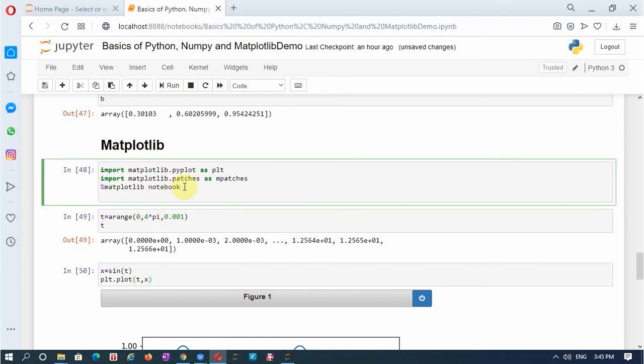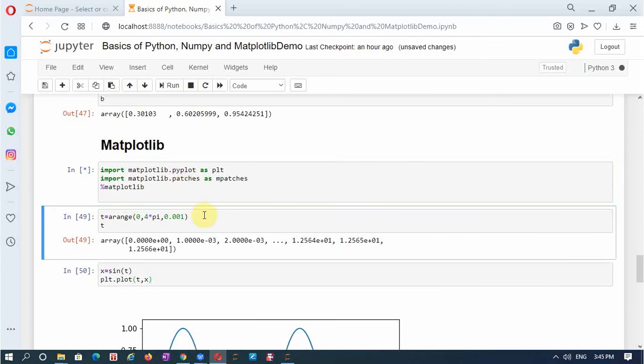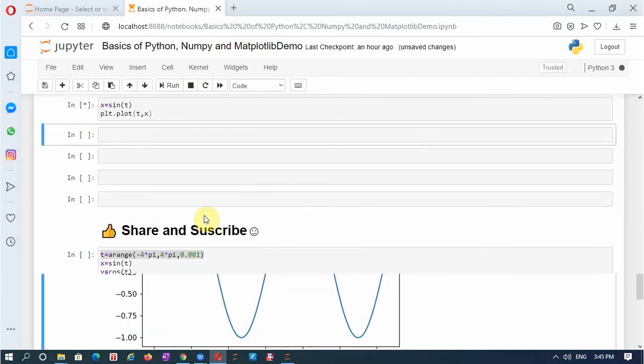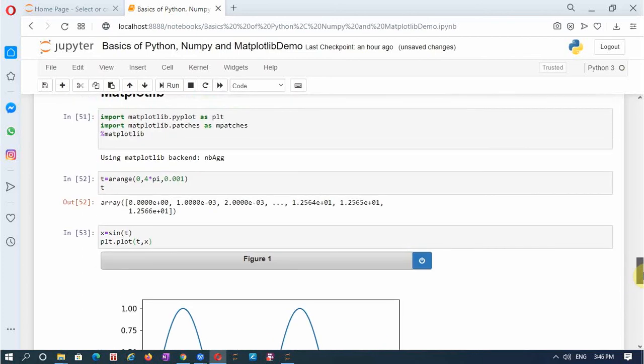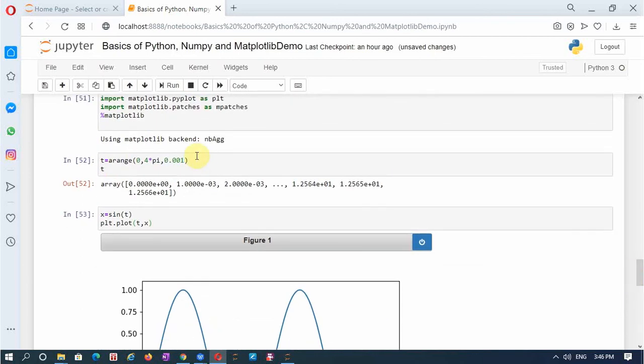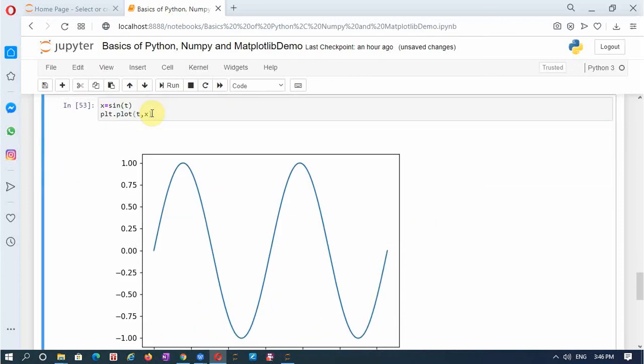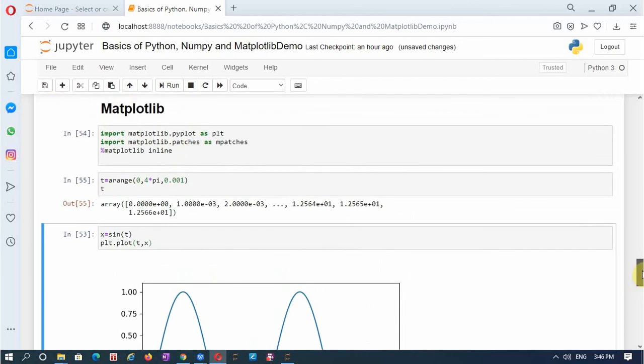Before that, without interaction, if I change this to matplotlib inline and run this once again, okay, now I have the graph in line with the code.